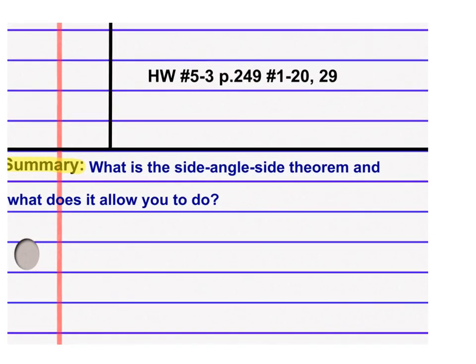All right, for homework, that's on big ideas. Summary: what is the side, angle, side theorem? What does it allow you to do? So remember last section, our proofs were really long because we had to list all three pairs of sides and all three pairs of angles. So the side, angle, side theorem is a shortcut,